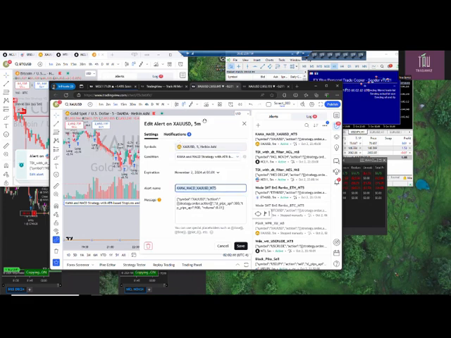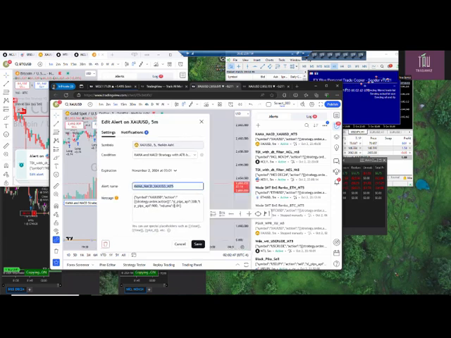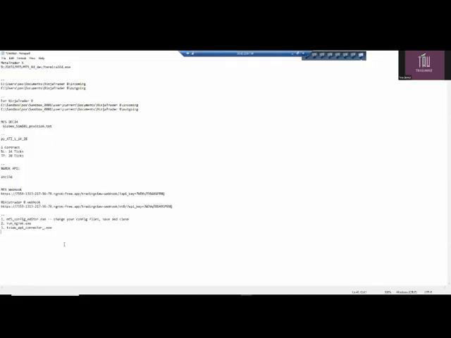I could name it. For example, I want to transmit it to MT5. And this is the example setting. So I'll just take note of it. So this example is for MT5. As you can see here with this example, it says what is the symbol, the strategy action. If your strategy is giving one signal for buy and sell, you have to create two separate alerts, one with the buy direction and the other one should be the sell direction.